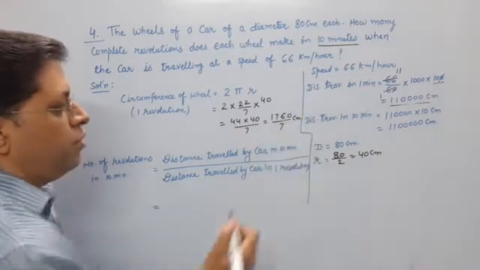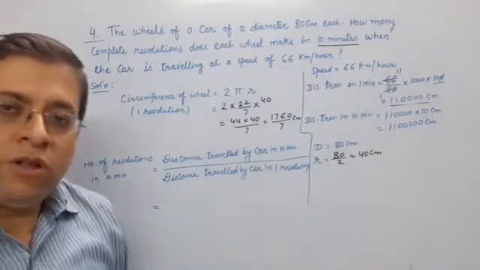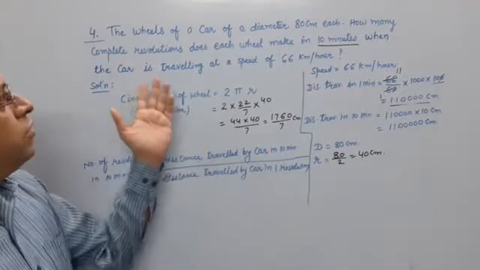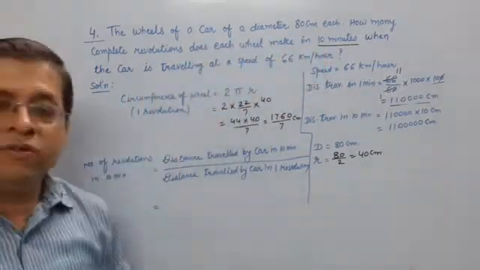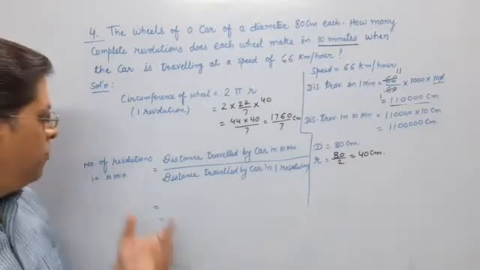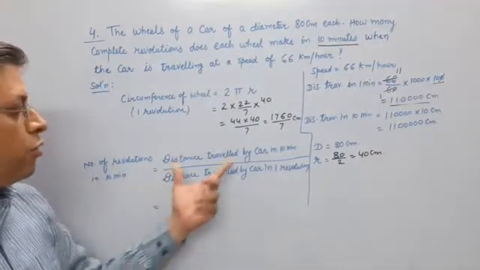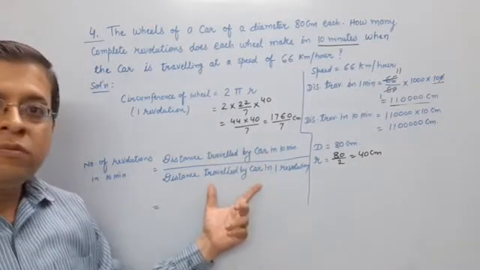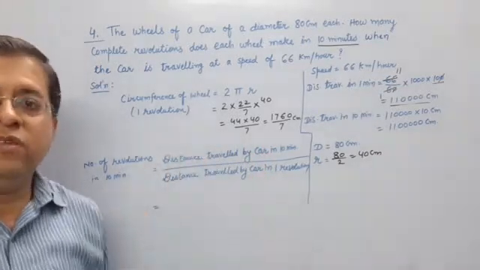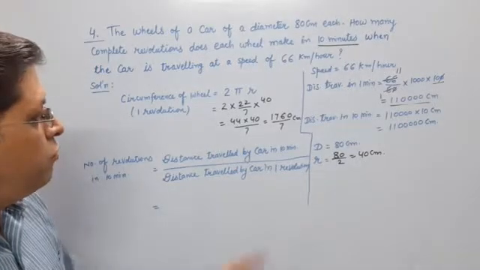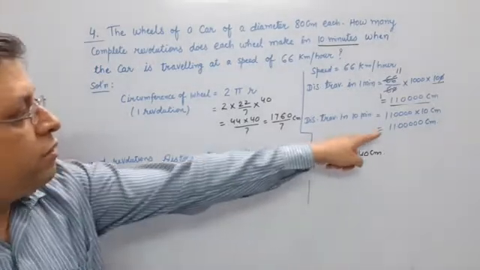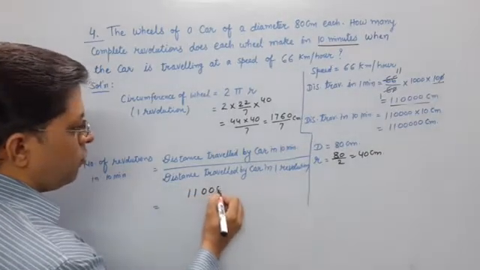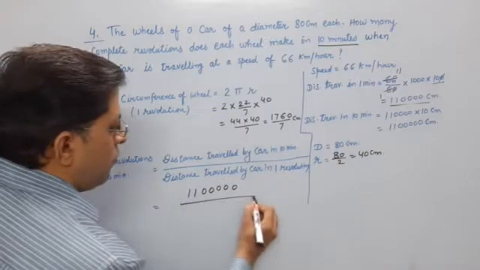This much centimeter. Okay. But what you have to find? You have to find how many complete revolutions, the number of revolutions. Number of revolutions is equal to what? The total distance traveled in 10 minutes upon the distance traveled in one revolution. Total distance traveled in 10 minutes is this, 11, 1, 2, 3, 4, 5. And here